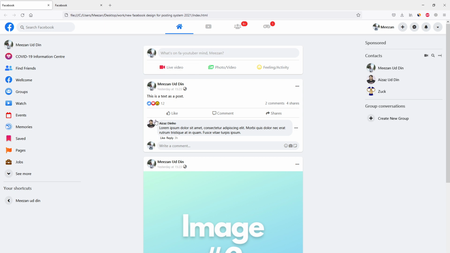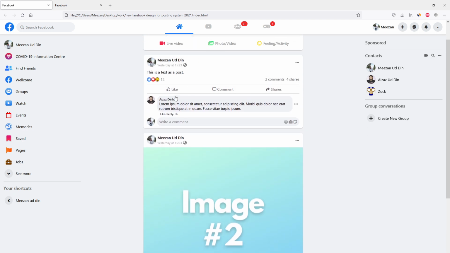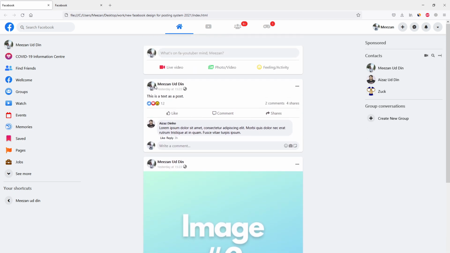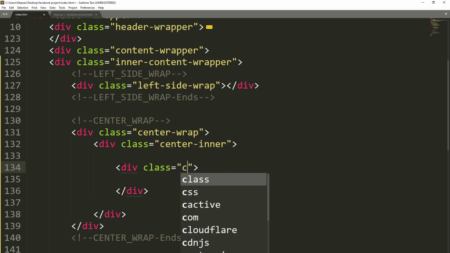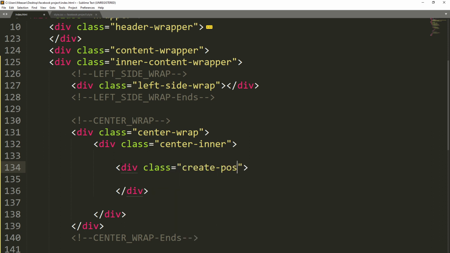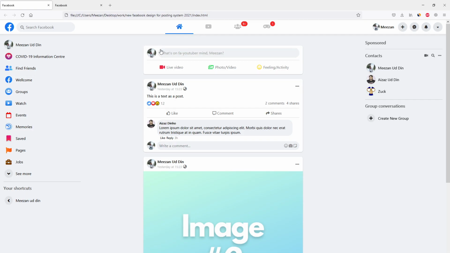You can see we have posts which is inside the post wrapper. So this is another div which holds these posts. On the top we have a create post wrap, and for the bottom we have the post wrap. So let's open up this center inner, and what we are going to create here, we are going to create a div. This will have a class of create post wrap, and that will hold the create post menu, this,